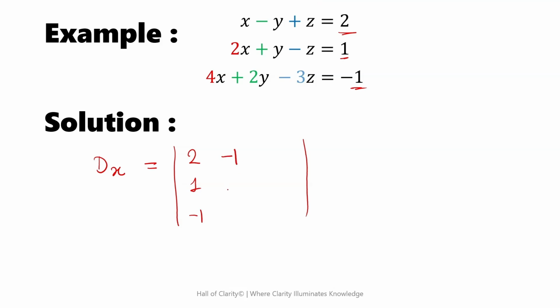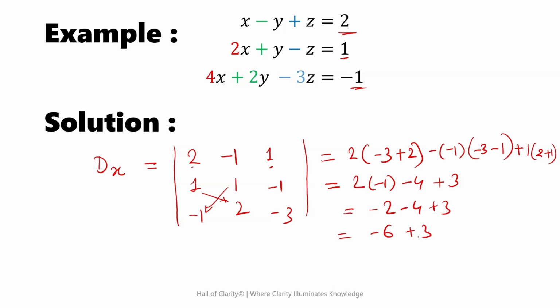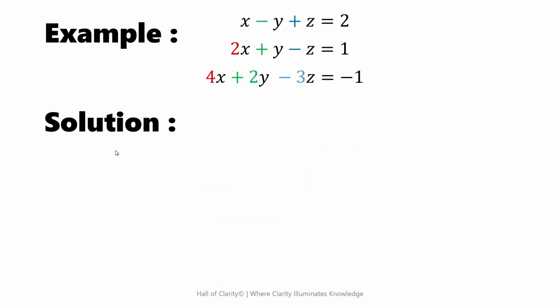Y are minus 1, 1 and 2. Coefficients of z are 1, minus 1 and minus 3. So minus 6 plus 3 will give me the value of dx as minus 3. So in this way we have found out the value of dx. Now we will find the value of